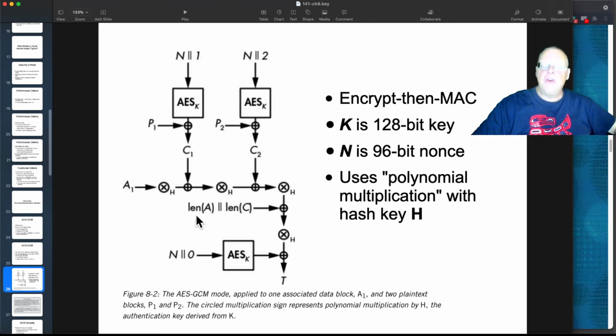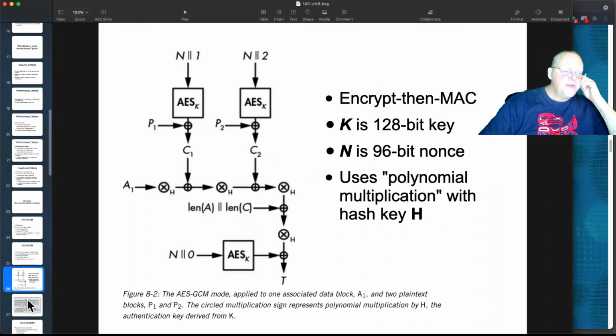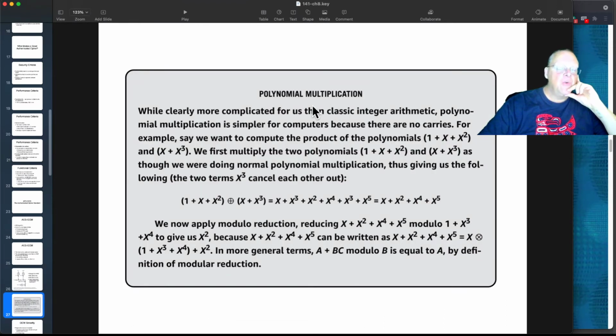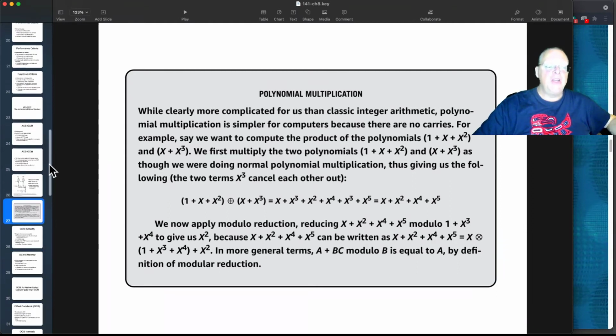And notice you also keep track of the length of the plaintext. So you've handled the case they mentioned in the book where what if your data was all zeros and you were padding it with zeros, then you wouldn't know how much of it was data. So that sort of thing, it's good to have the length in here. So you do know what part of it is really data and what part of it is padding. And you're supposed to pad these things in a smarter way than just using all zeros. Anyway, that's the game. This is how Galois counter mode works. And it does this polynomial multiplication, which can be done with XORs. And the thing about polynomial multiplication is it's an operation that can be done very quickly on